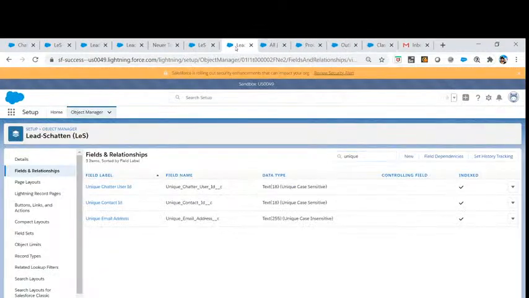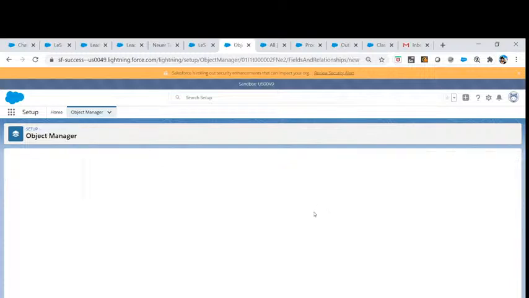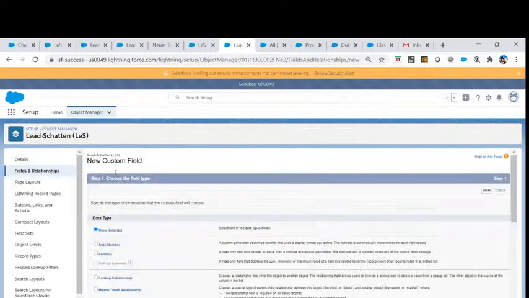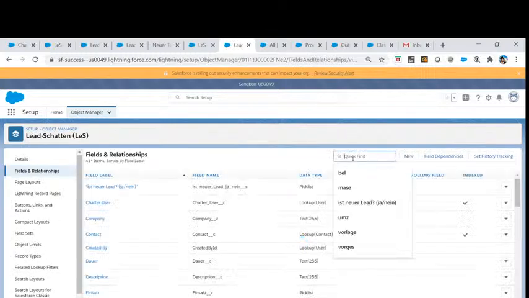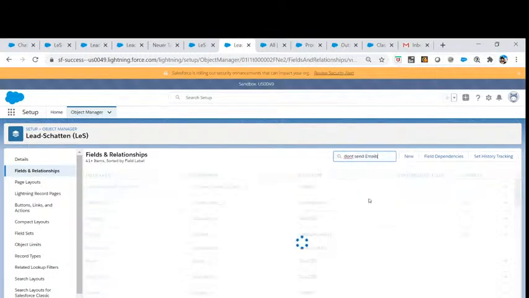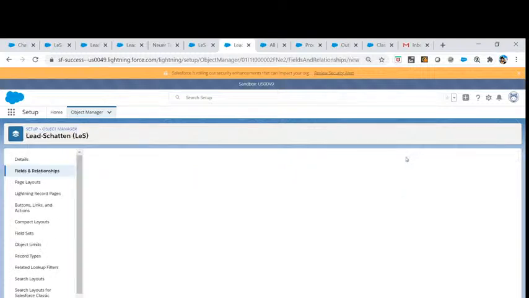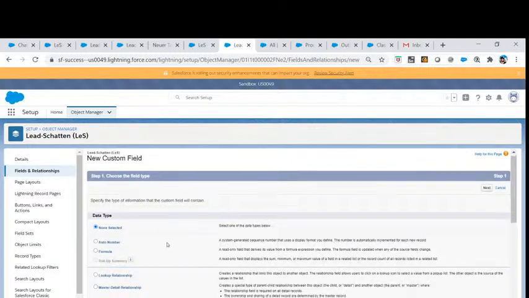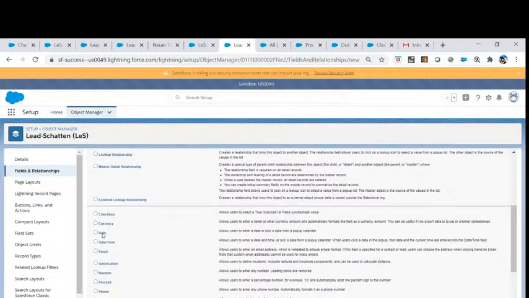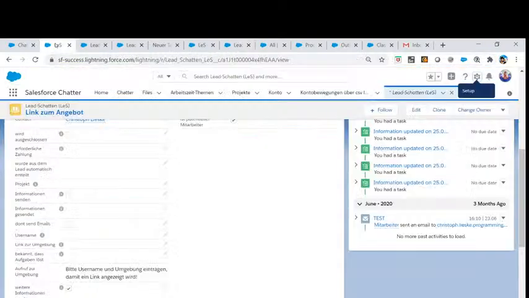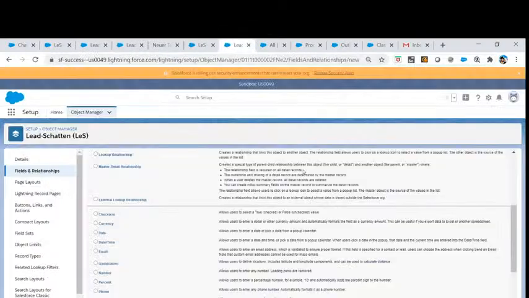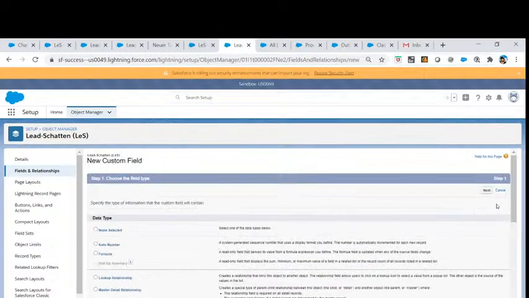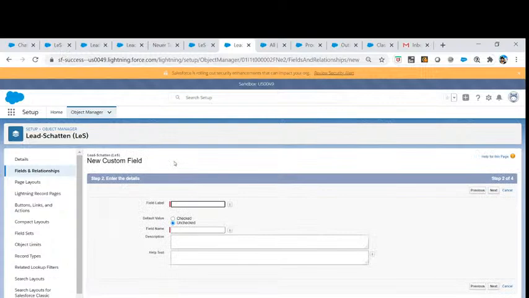So I go like add a new field in there. I think the field is not existing yet. Let's see if it's existing at first. No, it's not existing. It came later on, so it's not a big deal. So go in like this, and then we go in like this. That's gonna be a checkbox. So it's this one. Hit next, it's gonna be this name, and also